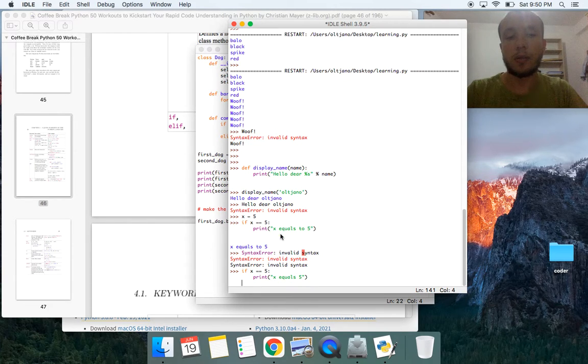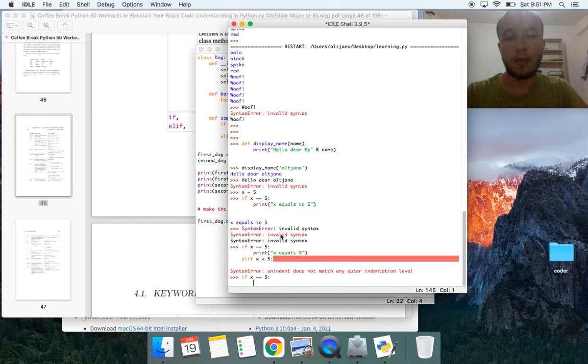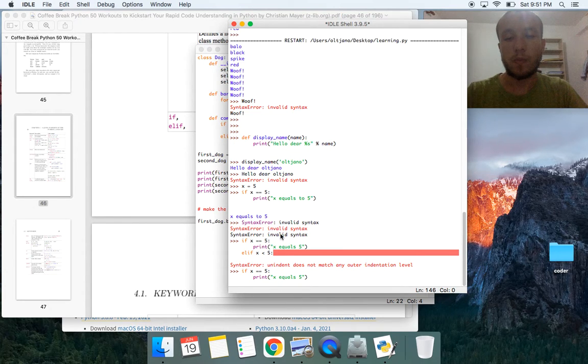Else if x is less than 5... okay, let's try again. If x equals to 5, indent four spaces, print x equals 5. Else if x less than 5,